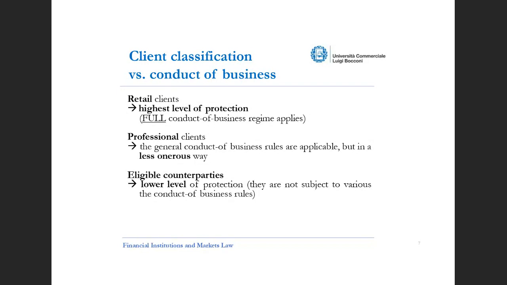And as I explained on Monday, things can work the other way around. So a professional client may ask to be treated as a retail client, and an eligible counterparty may ask to be treated as a professional client or even as a retail client. How frequent is this phenomenon of a professional that asks to be downgraded, or even an eligible counterparty who asks to be downgraded? It is quite frequent, actually. It's not something that is so rare to see on the market,